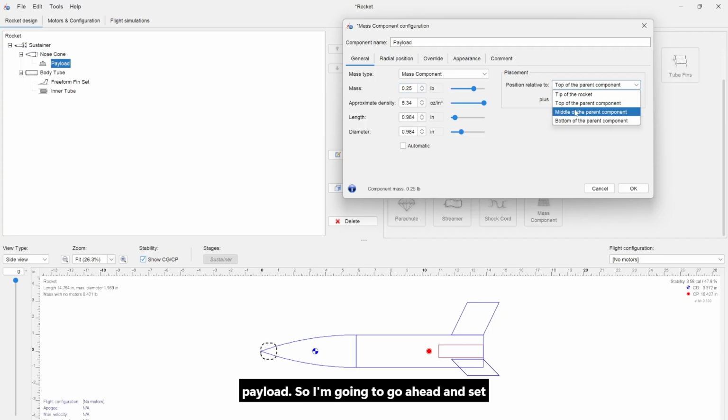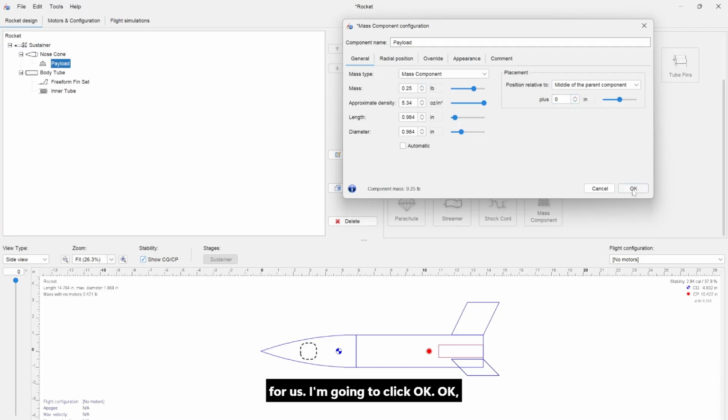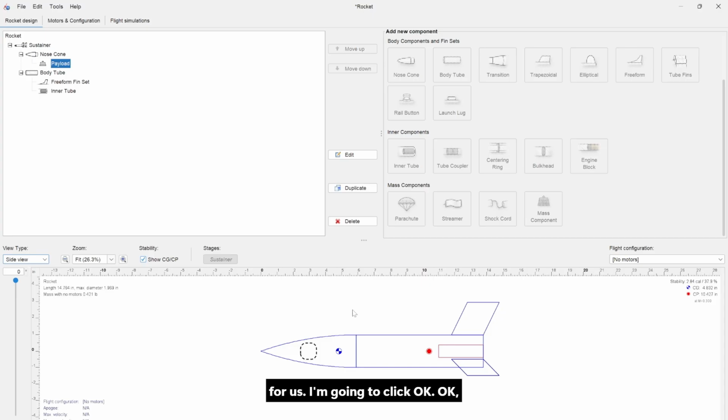So I'm going to go ahead and set it to middle of the parent component, set it to 0, and there it has adjusted it for us. I'm going to click OK. Okay, so we have done that, but now looking at my rocket, I'm going to want to go ahead and